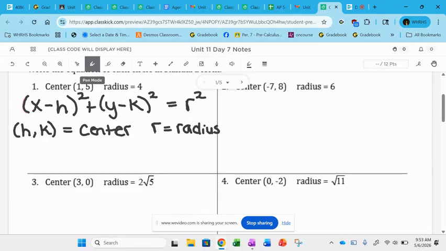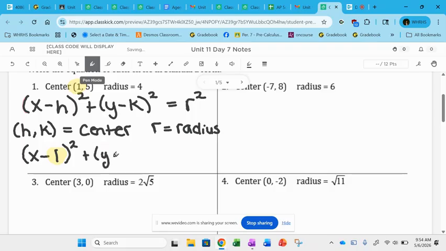Okay, so now we're being asked to write the equation of a circle with the center 1, 5 and a radius of 4. So what we're going to do is we're going to plug in 1 for h, we're going to plug in 5 for k, and the 4 for r. So what does this look like? This is going to look like x minus 1, close your parentheses squared,